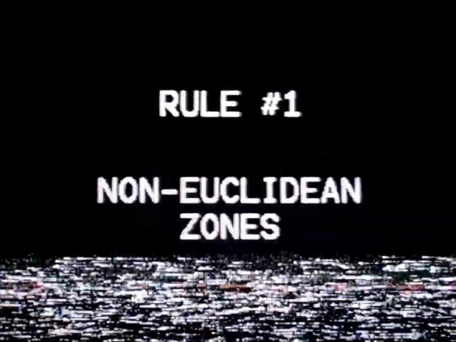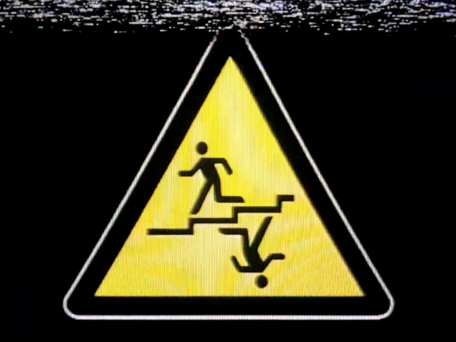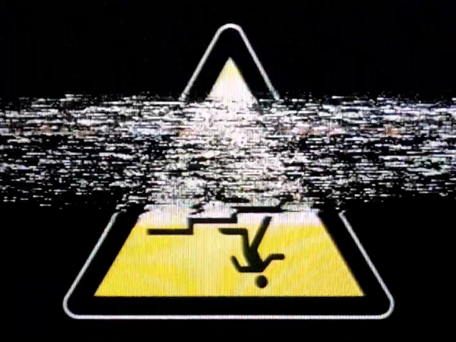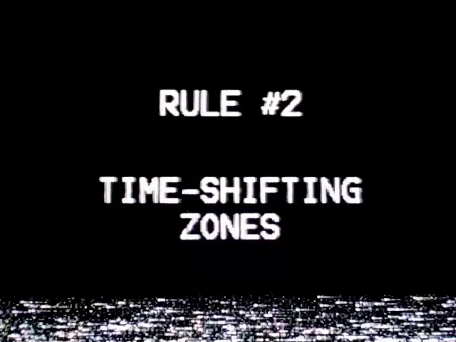Rule number 1. Non-Euclidean zones ahead. Caution is paramount as you enter areas marked with the non-Euclidean zone ahead sign. In these zones, spatial dimensions take unexpected turns and defy conventional geometry. The architecture itself may confound your senses, challenging your perception of space and distance. Exercise extreme vigilance, adhere to designated paths, as missteps in these areas could lead to disorientation or inadvertent proximity to volatile artifacts.